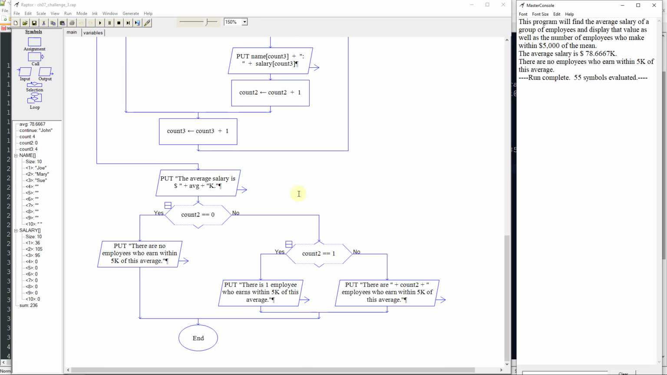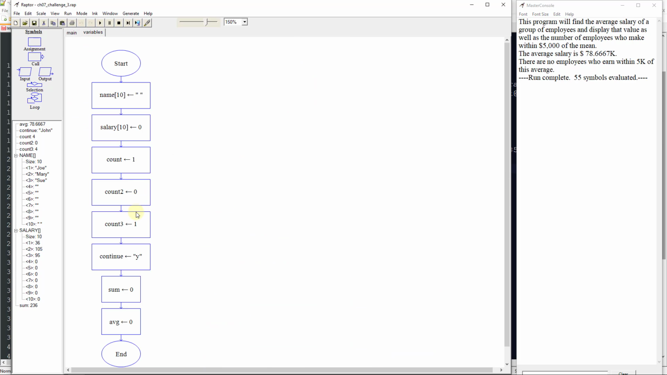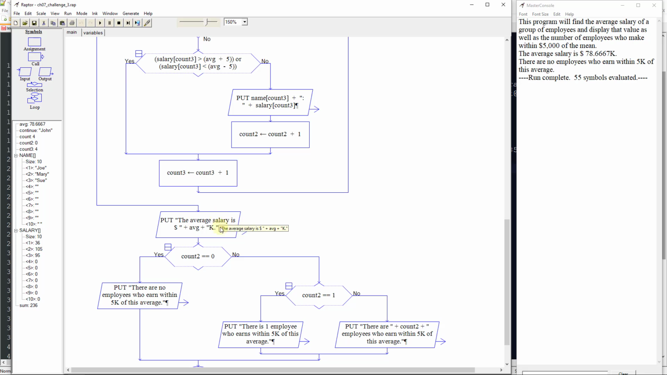Oh, because we only put 3 in this case. That's right. So we only put 3. So we did our 3 because it checked our 3 amounts that we put in. Even though we made our arrays 10, we did our array size for 3 for our count, because we set our count 3 over here. I thought I put a Y in to continue on. But it's going to say what our average salary was based on these 3 that we put in. What was our average salary? And there are no employees who earn within 5,000 of the average, because it checked to see were they within